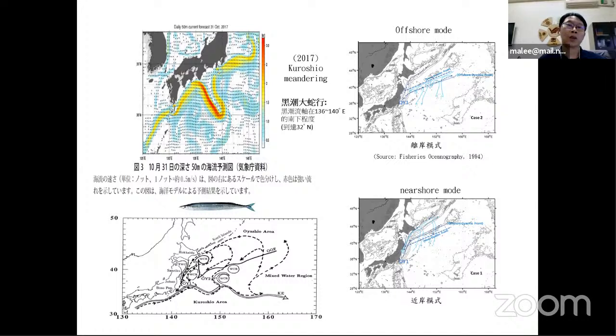and actually in the past 50 years, there have been maybe only 6 times that the Kuroshio large meander happened, and this is the second biggest Kuroshio meander that happened in 2017 till now. In the right side panel is